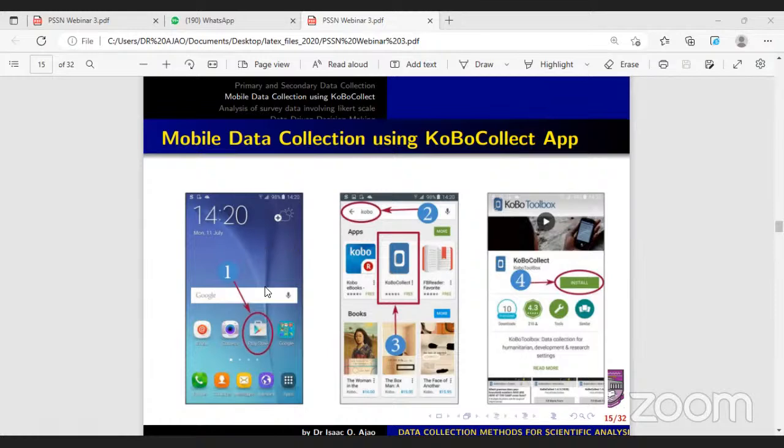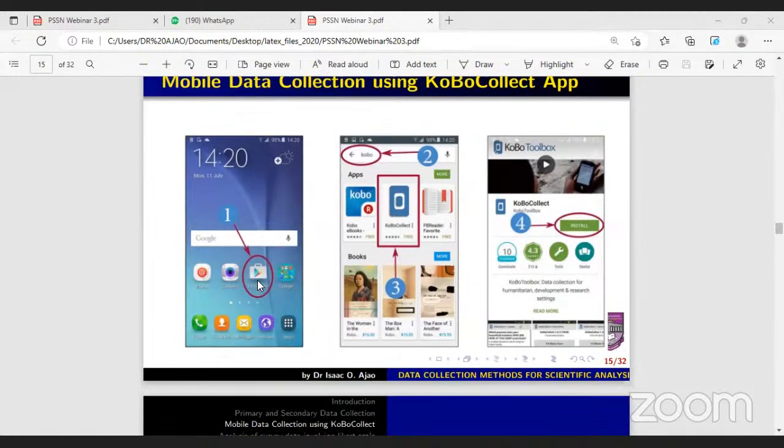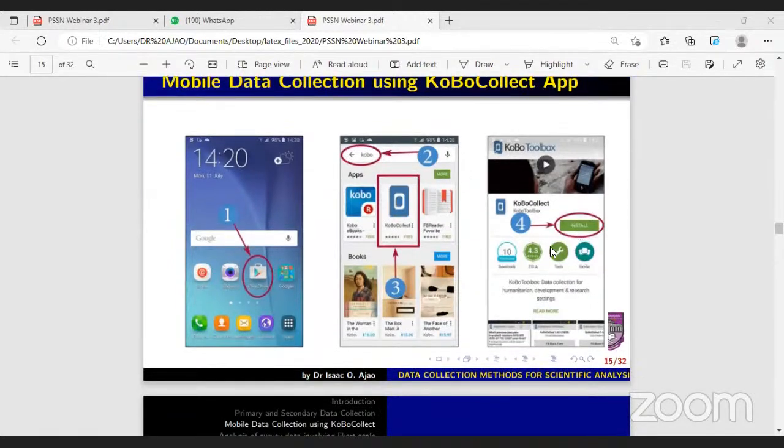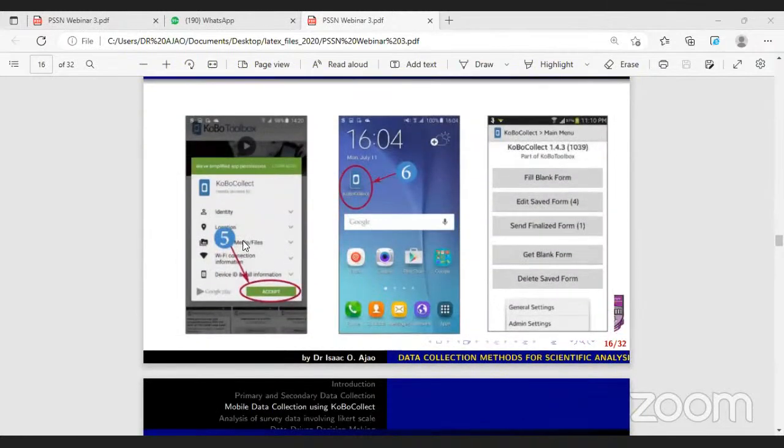Just go on your mobile phone, go to the Play Store, and look for the Kobo Collect app and download it. Then this is step 2. You see it here, and you install it. After installation, here we now accept. Then from this place again, you click on it, and you see all these forms come out. Then you can see general settings and admin settings. You pick the general settings. You are going to have all of this: fill blank form,